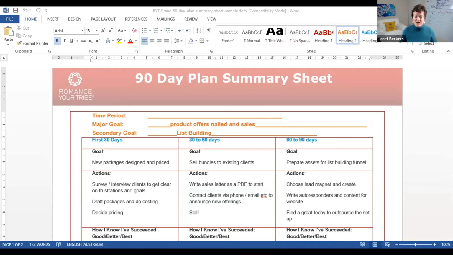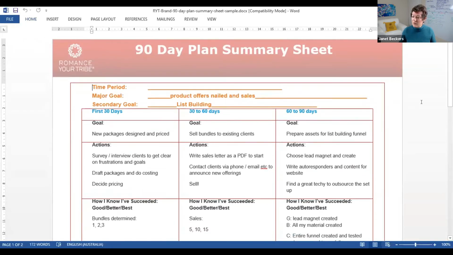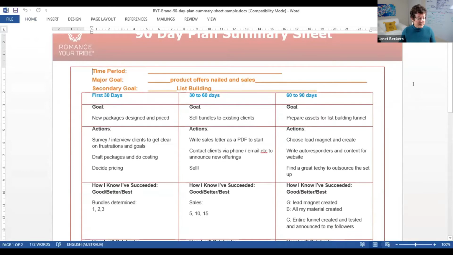Okay, so now you've got the 90-day planning summary open in front of you. This is an example of one from a client that I have worked with.